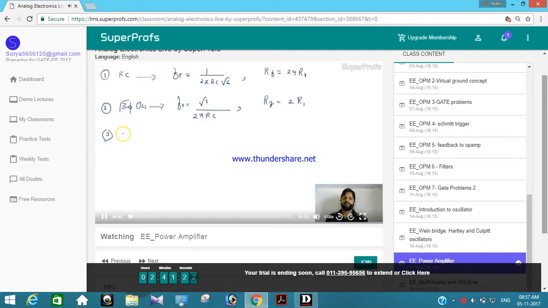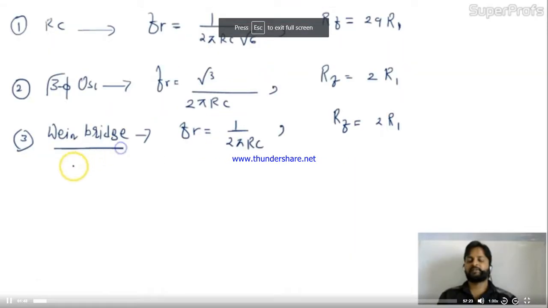In the Wien bridge, the frequency of oscillation was very simple, 1 over 2 pi RC, and the relation between resistors is RF is 2 R1. Okay friends. So we have seen one question based on Wien bridge. That was the GATE problem in which they were